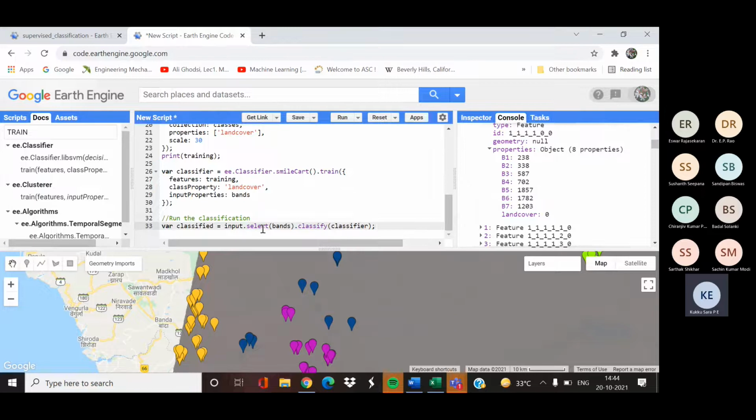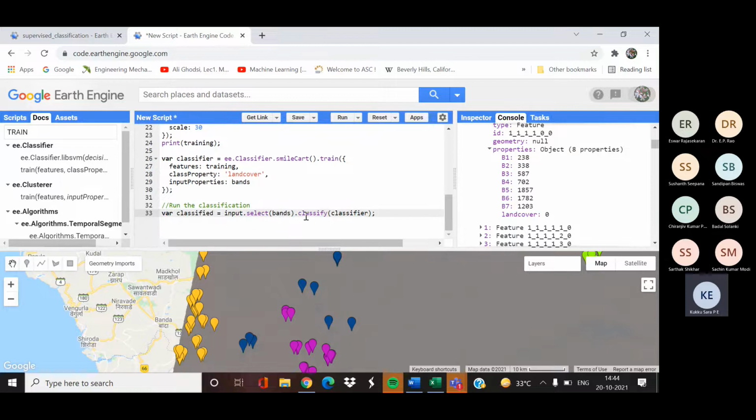So input, and from that we will select the bands, that is 1 to 7, dot classify, give the classifier name. The classifier name we have given is classifier. So inside the classify function, give the classifier name. This will classify our entire input image.